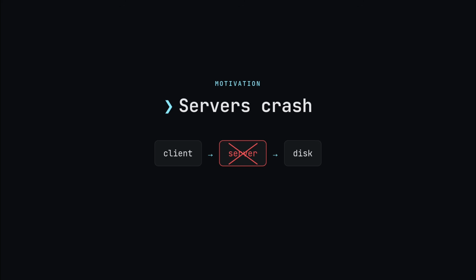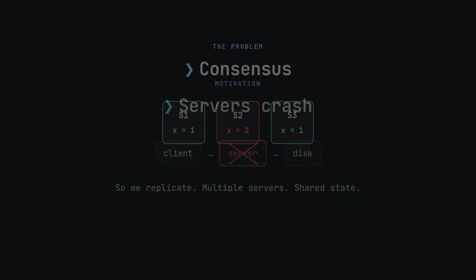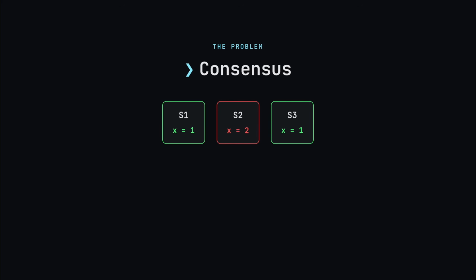The usual answer is to replicate, and this is where we have a distributed system. You run several servers and they share the same state, so if one of them dies, the others still have the data. That helps with the crashes, but it immediately creates a new major problem. The copies can disagree. Here we have three replicas, and they are not telling the same story. Two of them say x equals 1, one of them says x is 2, and it is not obvious which value is the real one. That is the consensus problem. Can a group of machines decide on one result and actually mean the same thing by it?